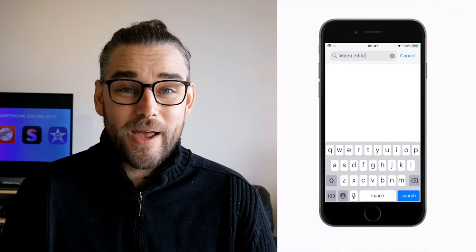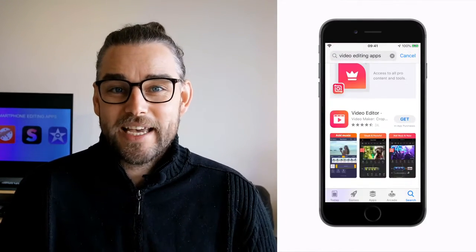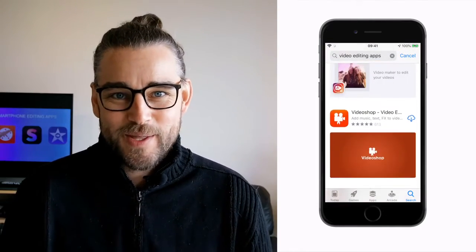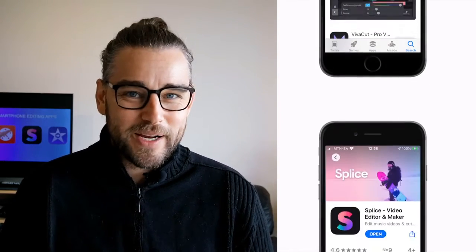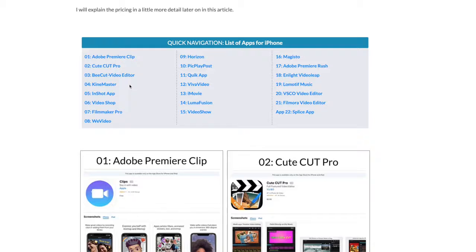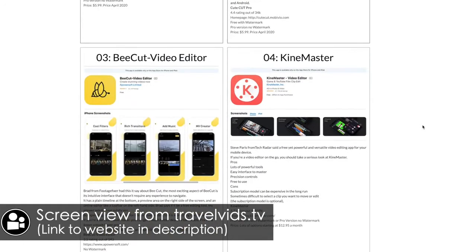On the App Store, there are over 120 different iPhone video editing apps available. Of all of these, we have picked out the 23 supposedly best apps. This is judged on other people's recommendations and the user rating in the App Store itself. These are the apps in no order of preference: Adobe Premiere Clip, BeeCut Pro, BeeCut-Video Editor,